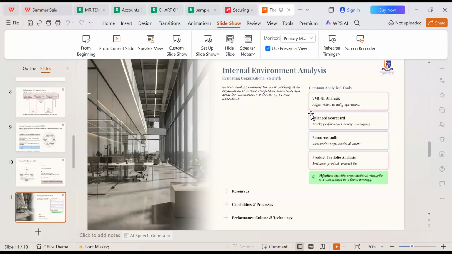And there are common tools for us to be able to do this. We have the SWOT